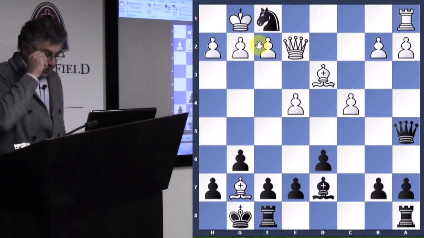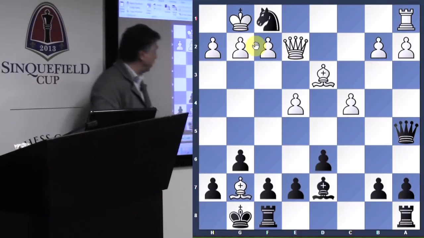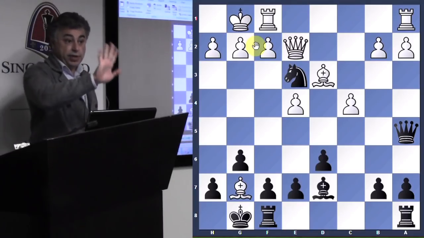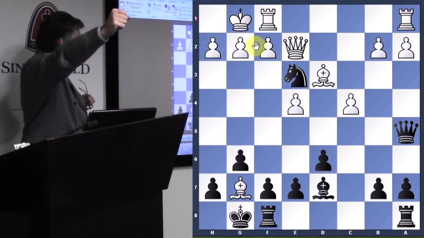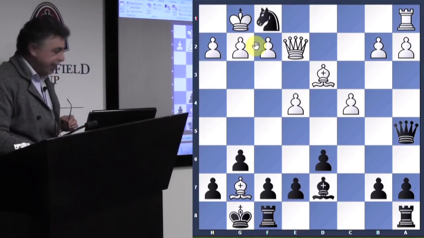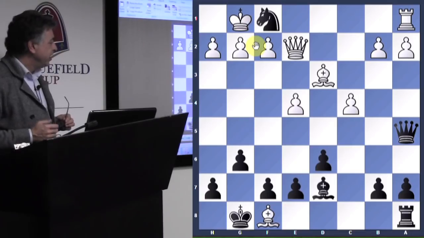Yes, young man. And then I played for white. Did you see a better move? No, for black. When you do take the rook. I do take the rook. Right. Okay. This is a good thing, right? And then the bishop does take the rook. Yes. And then why doesn't black